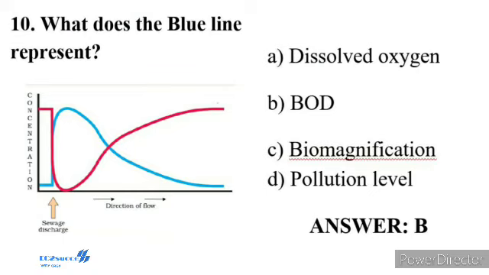Question number 10. What does the blue line represent? Shown in the diagram, effect of sewage discharge on some important characteristics of a river. As we work with water in our homes, in cities and towns, we wash everything into drains. Have you ever wondered where the sewage that comes out from our houses goes? What happens in villages? Is the sewage treated before being transported to the nearest river and mixed with it? A mere 0.1% impurities make domestic sewage unfit for human use.